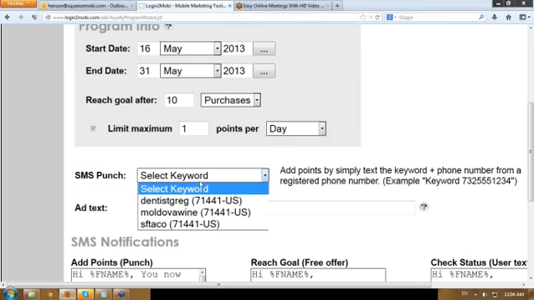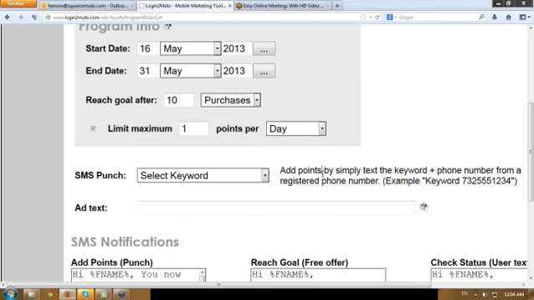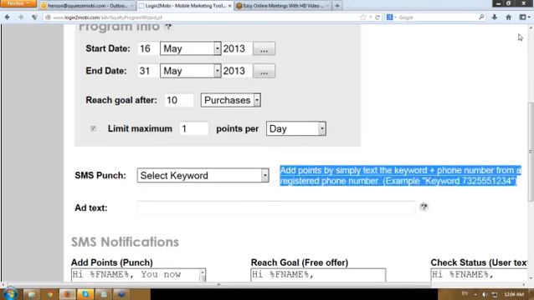So you could have the keyword here. Okay, so add points by simply texting the keyword and registered phone number. So here,